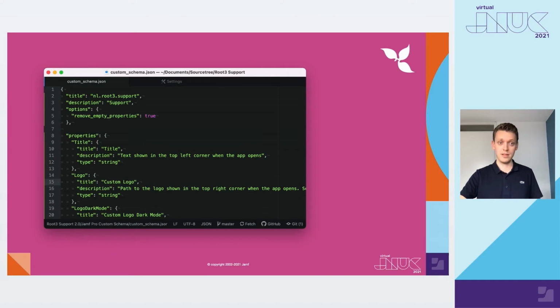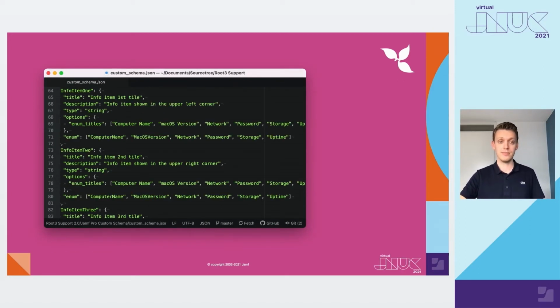This is an example of the Jamf manifest compatible with Jamf Pro. It defines all the preference keys, its type, such as a string, boolean, or integer, and also what the key is called and its description. You can even provide tooltips and links to an external documentation page. Also, you can provide enums to create a pop-up menu with predefined values, which eliminates potential typing errors.